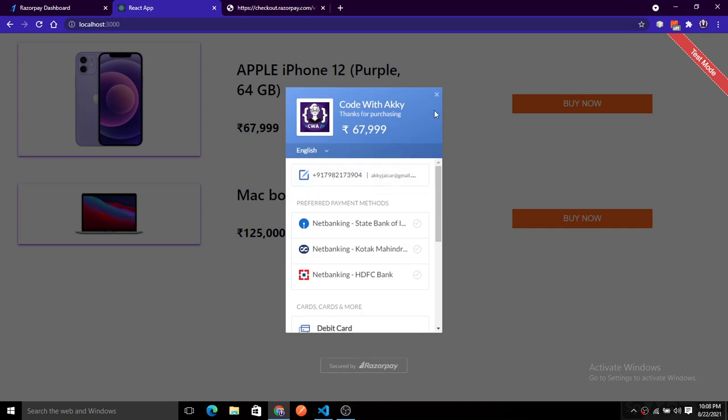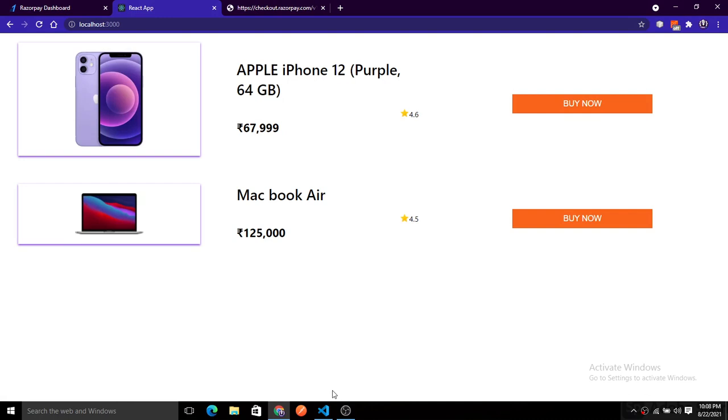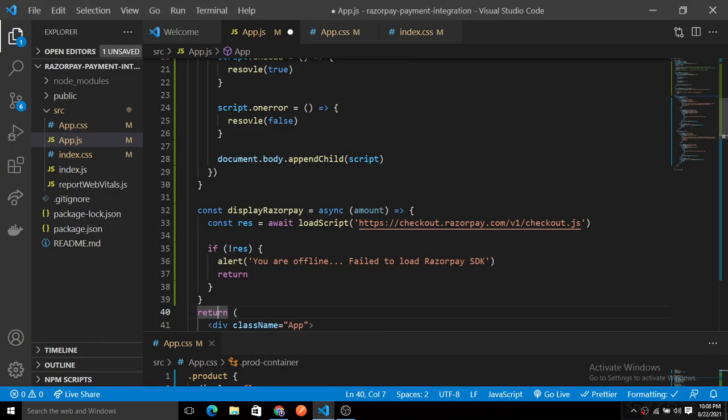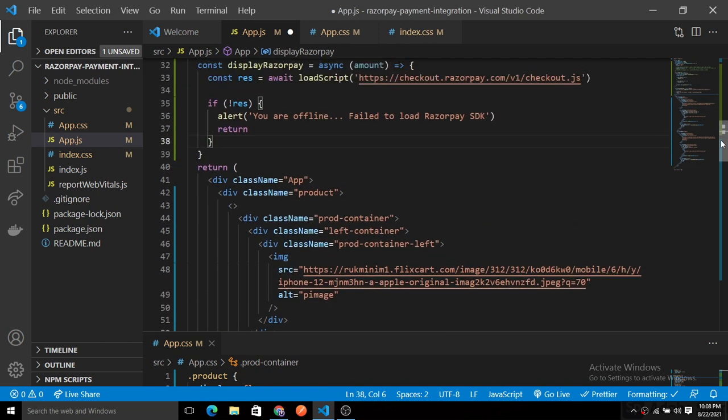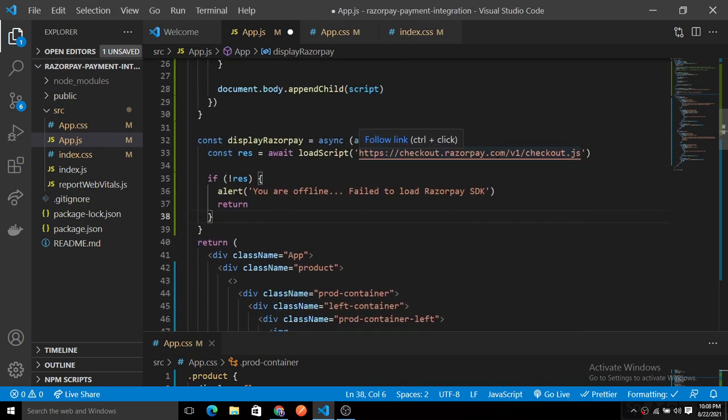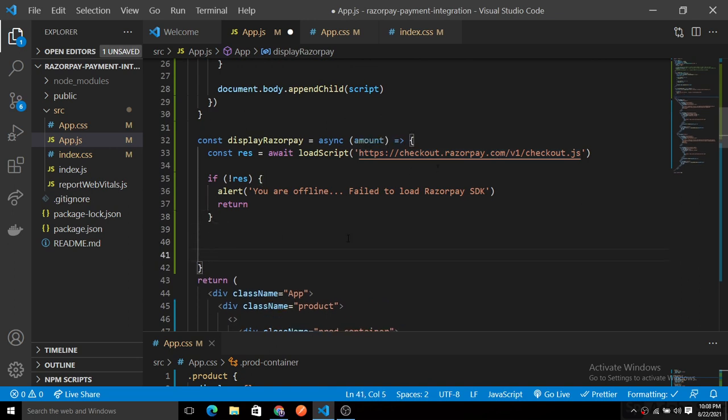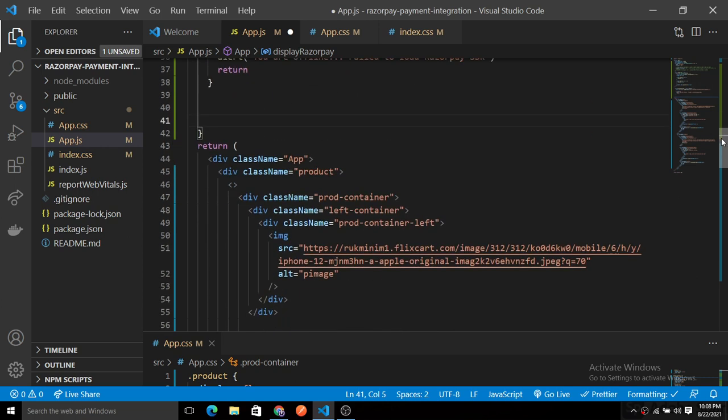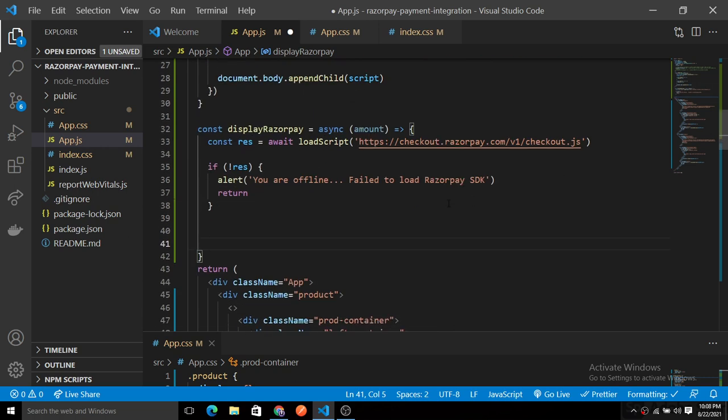then we have this Razorpay payment popup here, right? So that's the thing that we did here in our code also. And now the next thing is basically just to listen to our payment. So how can we simply listen to our payment? It is very easy to listen to the payment. Basically we just need to provide a handler function that is automatically provided with our Razorpay,